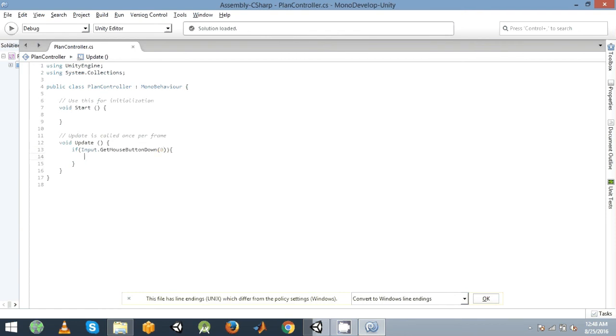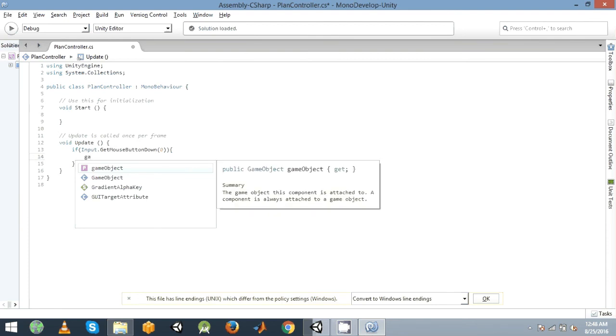This function returns a true bool whenever we press the left mouse button. That is automatically converted to a tap in Android. Now what we want to do is add some kind of velocity to our plane whenever we click on our screen.